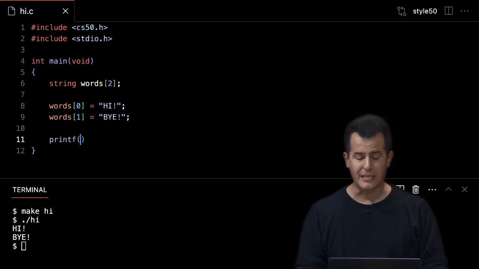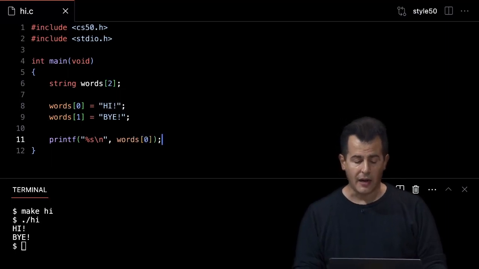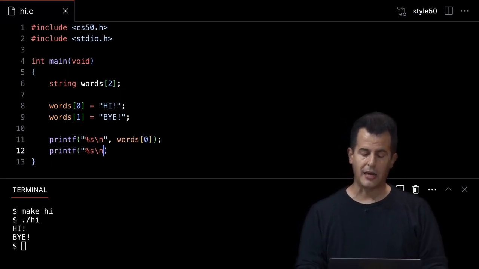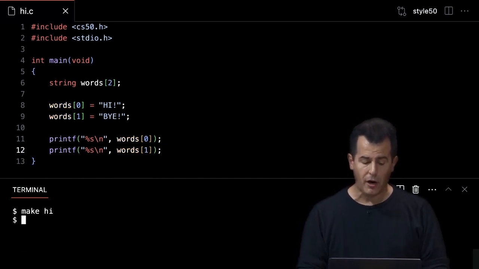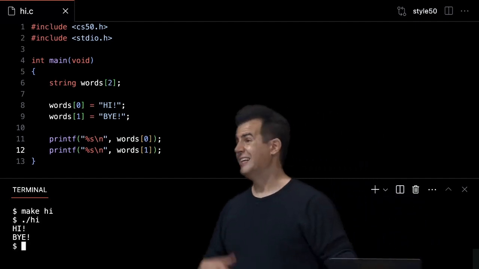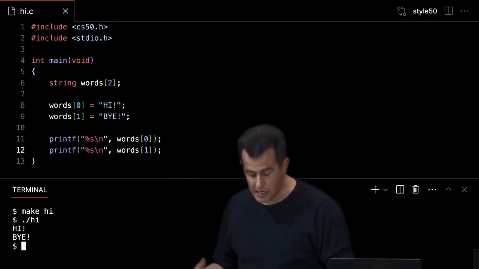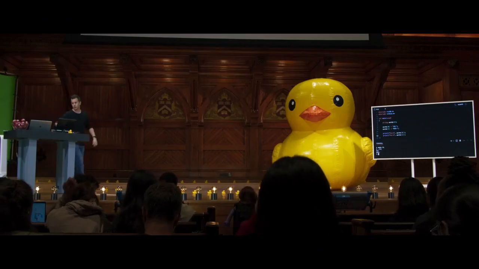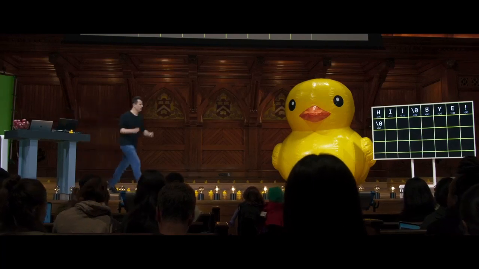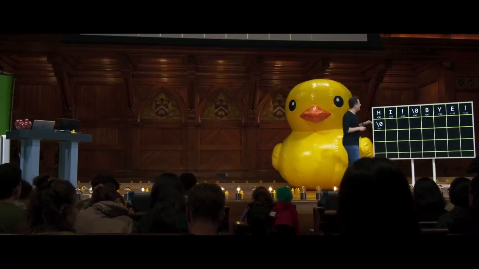And then if I want to print these things with %s, I can print out words bracket 0, and then I can print out %s \n words bracket 1. And the example is not going to be any different in terms of its output, but I've now avoided s and t. I now just have one variable called words containing both of these things. And if I really want to poke around, here's where things get even more visually overwhelming, but just the logical extension of these same ideas.